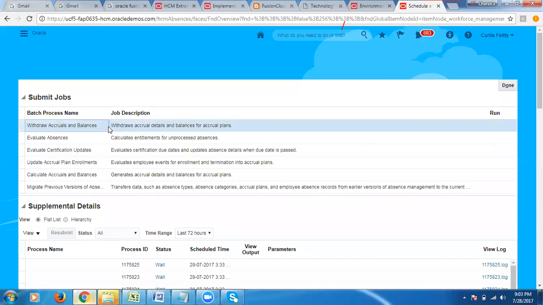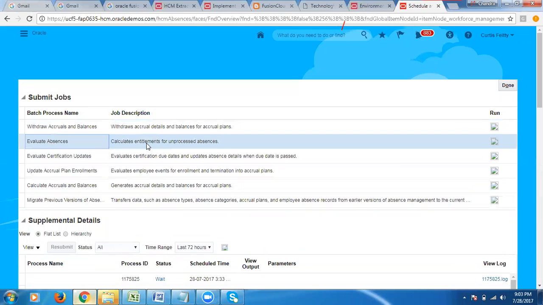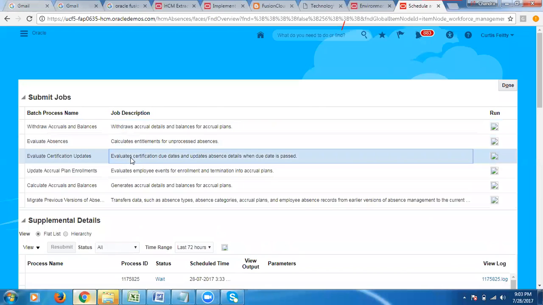So here is withdrawal of accruals and balances for any accrual plans, if you want to go for withdrawal, and you want to calculate entitlement for unprocessed absences, if there are any unprocessed absences, and evaluate certification updates. It evaluates certificate due dates and updates absence details when the due date is passed. When the employee is going to submit, that time it will be used, right?